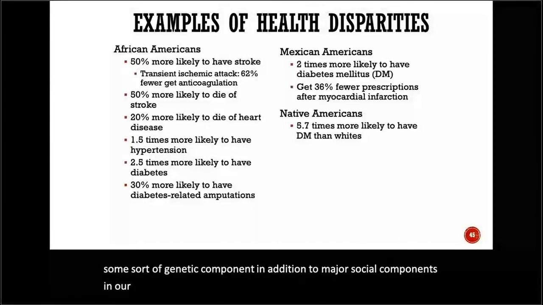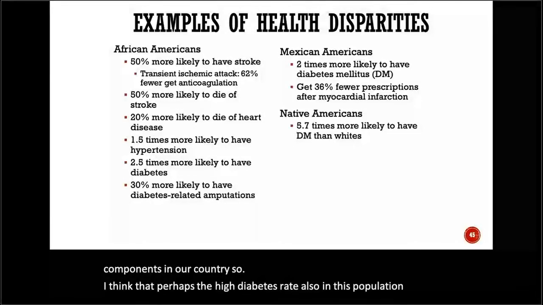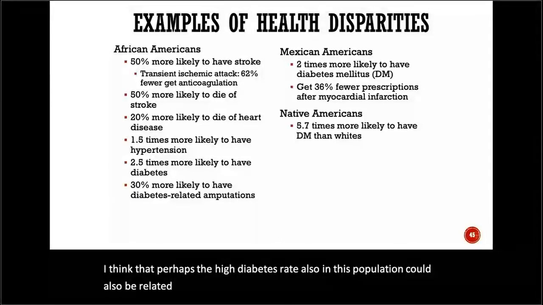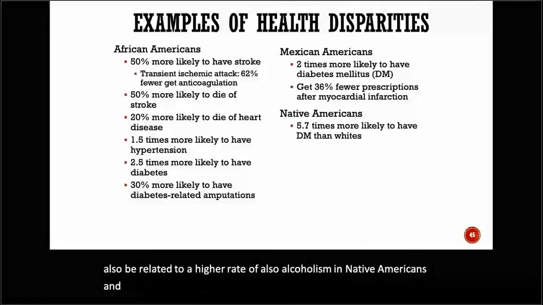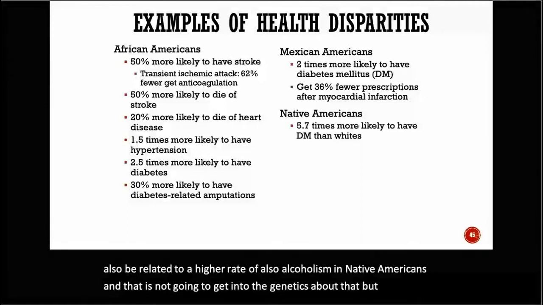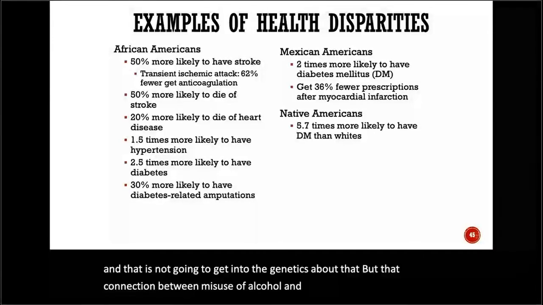So I think that perhaps the high diabetes rate in this population could also be related to a higher rate of alcoholism in Native Americans, and, not going to get into the genetics about that,